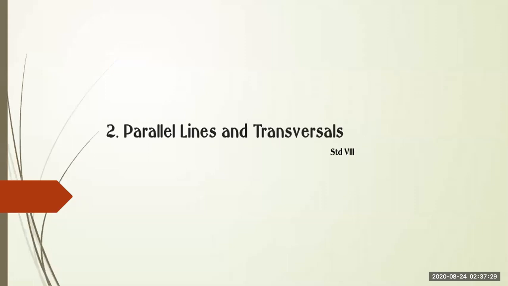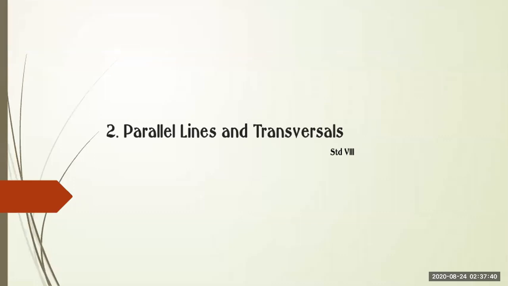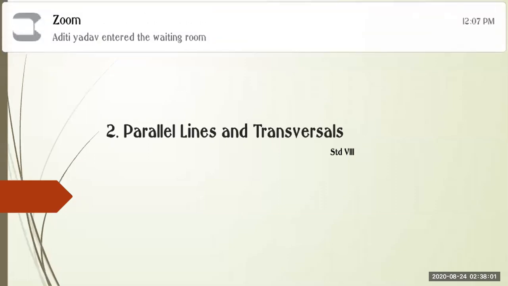Next, we learned how many angles can be made by a transversal. There are 8 angles made by a transversal. Next, we learned about the corresponding angle, interior angle, and exterior angle. Corresponding angles are on the corresponding side of two lines and on the same side of the transversal. We learned through the diagram that corresponding angle A corresponds to phi.